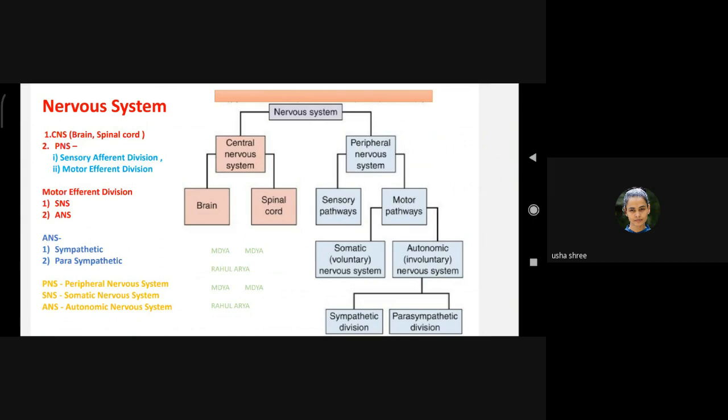The sensory nerve reaching the index finger receives the information that a mosquito is biting. That information goes through the sensory pathway, the peripheral pathway of the peripheral nervous system, and then